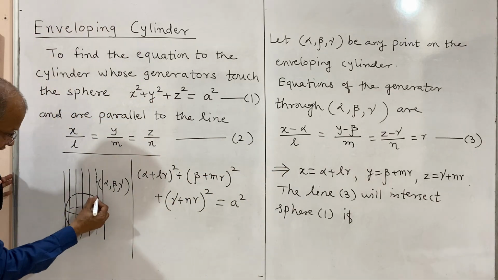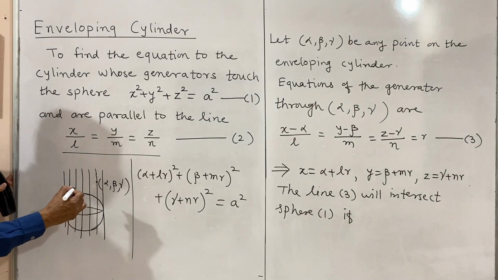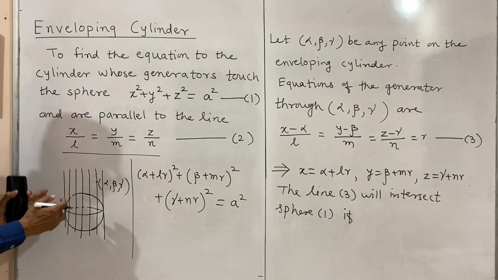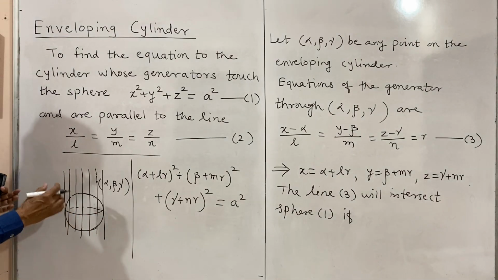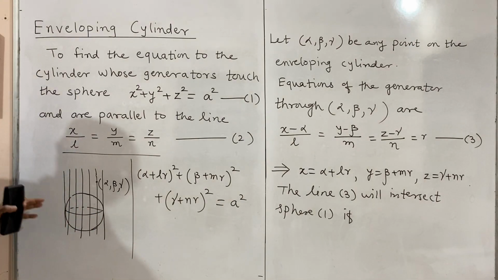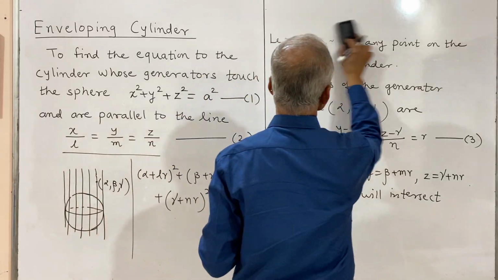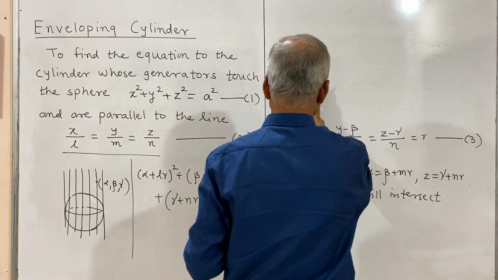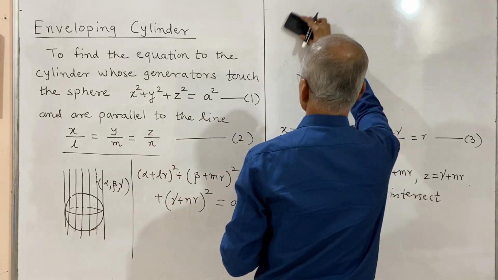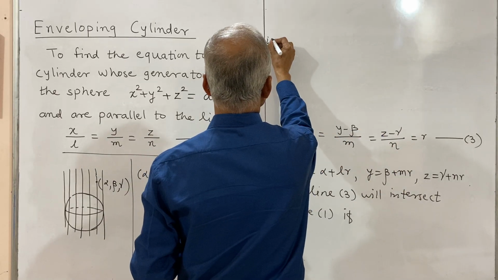Actually we are obtaining the condition to touch, so the line will intersect the sphere at one and only one point, and we are going to use that condition. That is, if we simplify this equation and write it as a quadratic in R, and see that is if